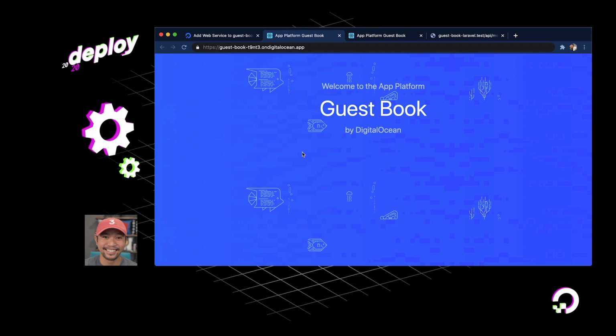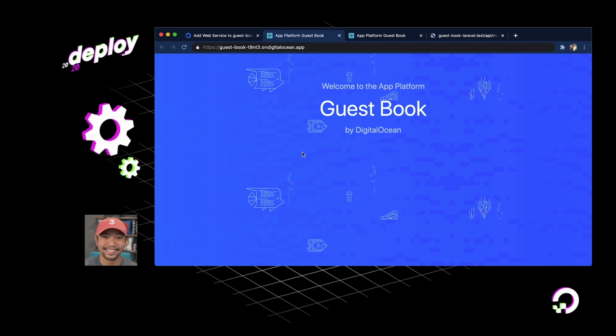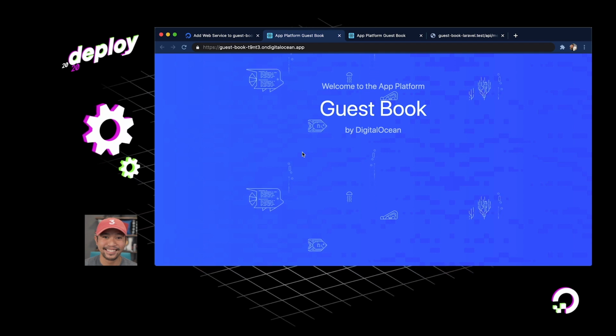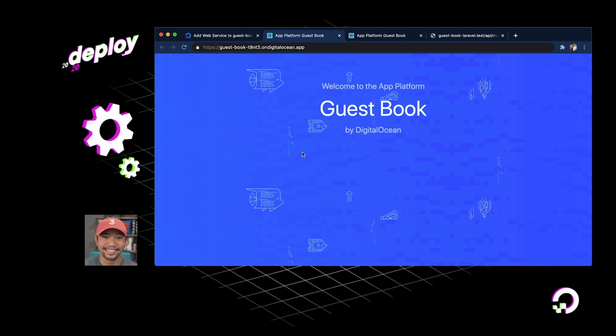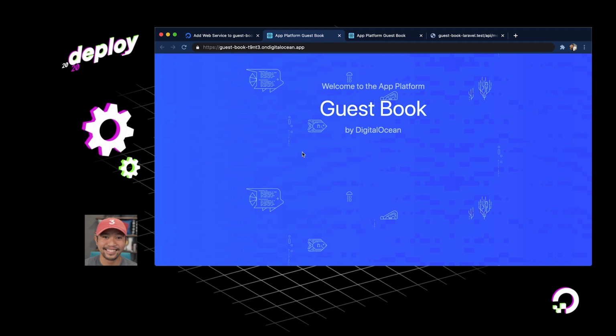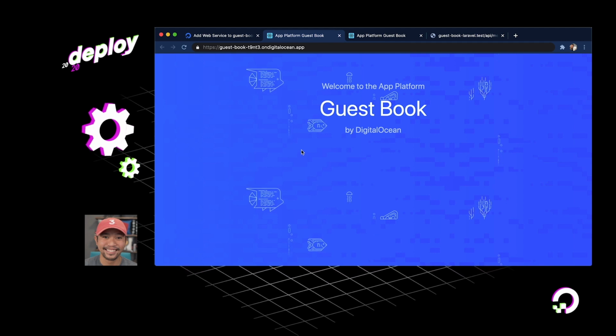And what's cool here is you can deploy a bunch of different apps and give it a bunch of different routes. Like let's say we deployed a blog, we could put that at /blog, or if we deployed a different GitHub repo, we can put that as maybe /job board if you built out a job board.